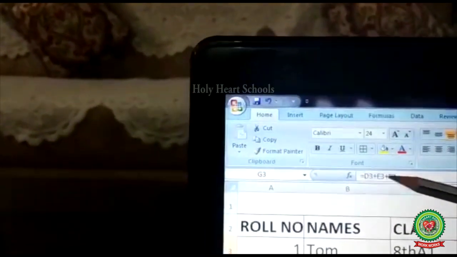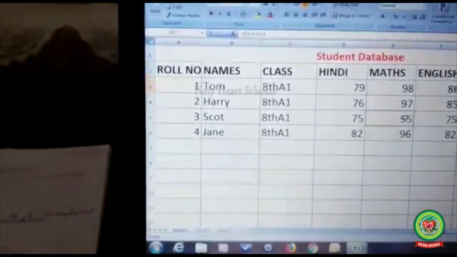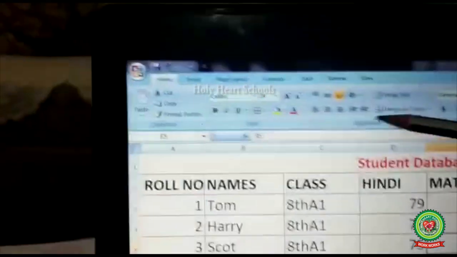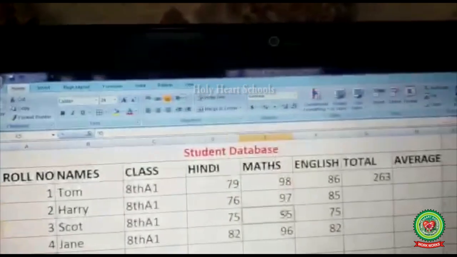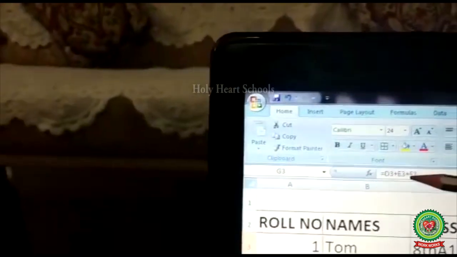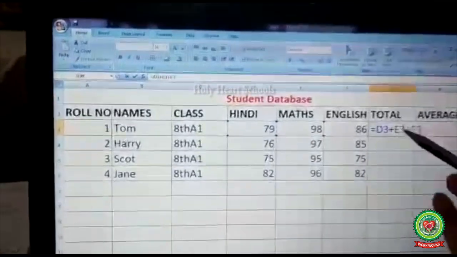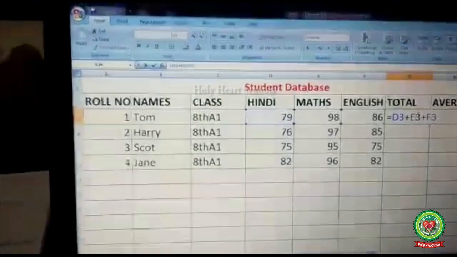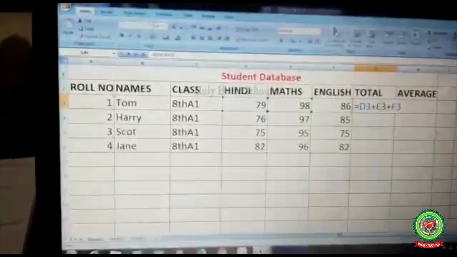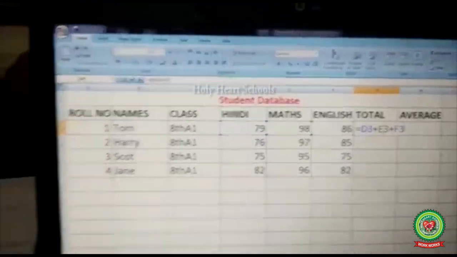In the formula bar we have the formula or the text. Here I have entered the text. In the formula bar, text is displayed. Here in this cell I have entered the formula. I will see the formula in the formula bar. Now you notice that I used only the plus symbol in this formula. Plus symbol means I used only one type of operator in it. That is known as a basic formula.